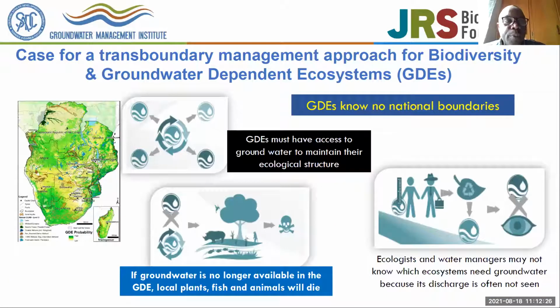So moving closer to home, we have groundwater-dependent ecosystems that transcend national borders. As you can see on the map on the left, it demonstrates that GDEs know no boundaries. And therefore, our endeavor to work on the Khakhea Bray Transboundary Aquifer demonstrates this notion that groundwater-dependent ecosystems know no boundaries. We therefore need our ecologists and our experts to look at this from a more cross-border perspective than in an isolated context.